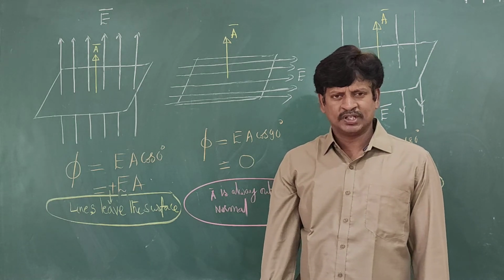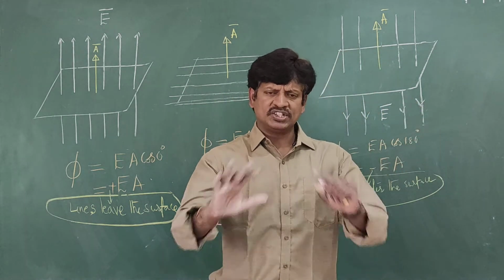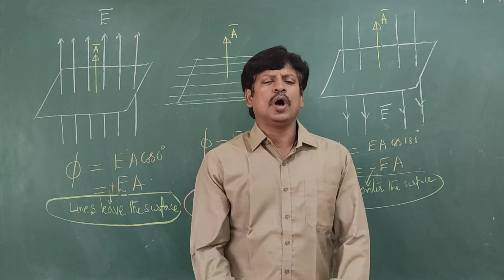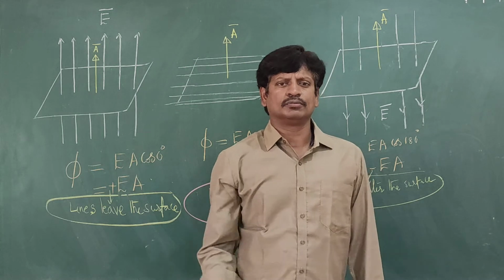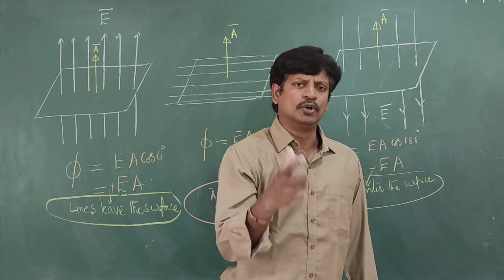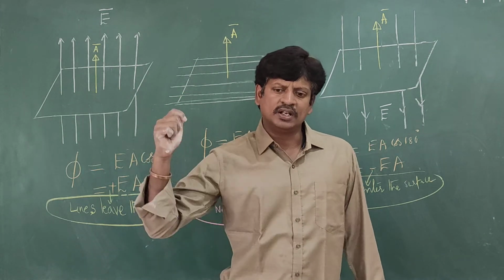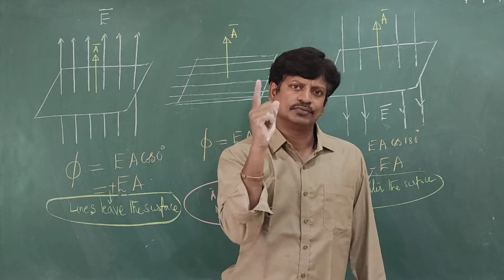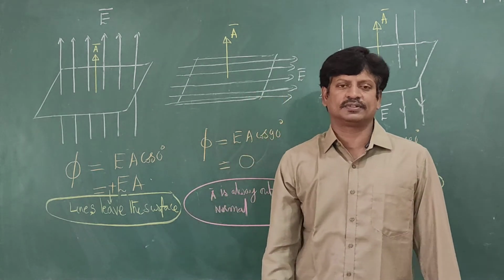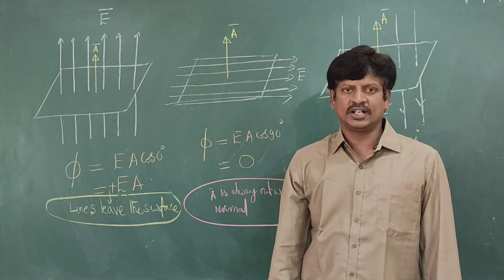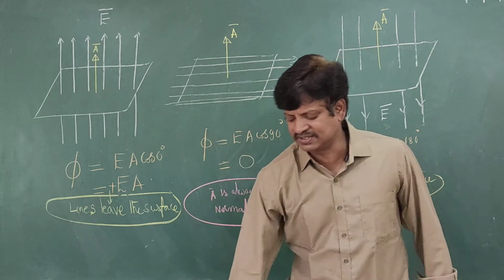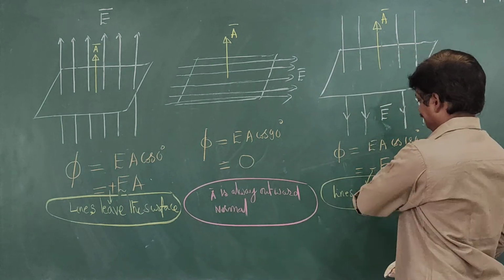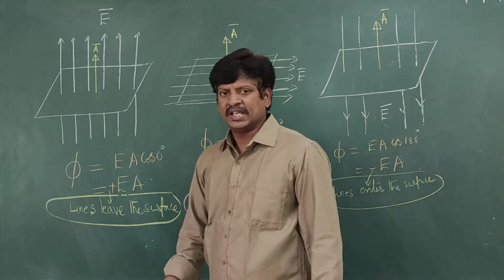Is that clear? For example, there is a balloon. Imagine a balloon like a surface. You want to break the balloon. So you put a needle or a sharp object into the balloon and it will burst. The needle is entering the balloon, so it is taken as negative flux. Is that clear? So flux leaving the surface is positive, flux entering the surface is negative. Right? Is that clear?